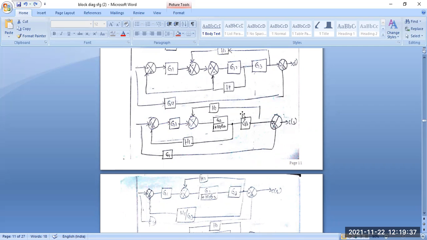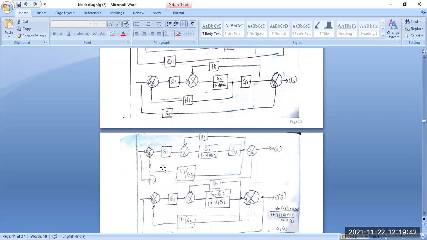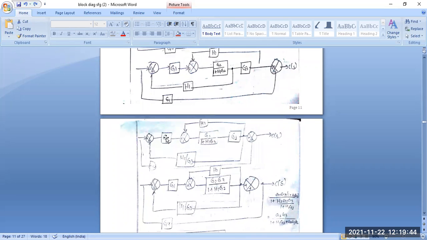So in the blocks, ahead of the G3 block, the equation is coming here, you can see these are basically the same thing. This was G1, these are the G1 summing point H2, that is G1 H1 G3, and this G3 also changes in the feedback loop, another one, that is H1 by G3, and after the G3 block it is connected to the first summing point also. Okay, and the other part is also the same.